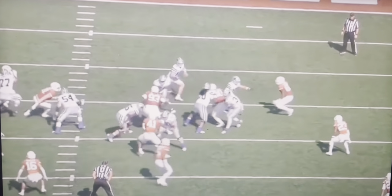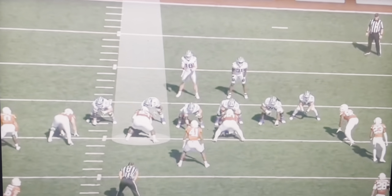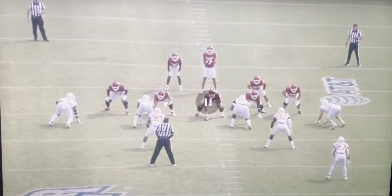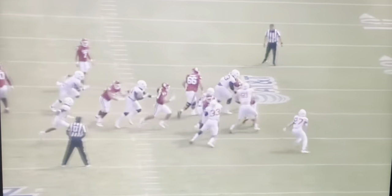Everybody says, oh, the Giants suck. There's a guy that Dave Gettleman drafted who everybody shit on for that pick, Dexter Lawrence. And to me, in a 3-4 specific defense, he is up there with a Kenny Clark and an Aaron Donald as the better 3-4 defensive lineman in the league. Dexter Lawrence is an unstoppable force. You put this guy next to Dexter Lawrence, your defensive line is going to be outstanding. Young, up-and-coming units. Okay, this is against Oklahoma. He's getting double teamed there. Boom. You see how he...